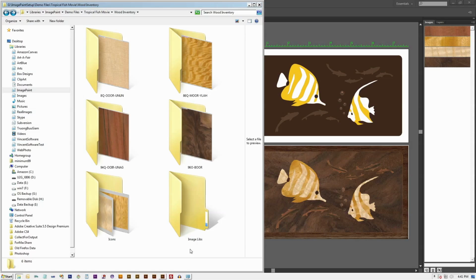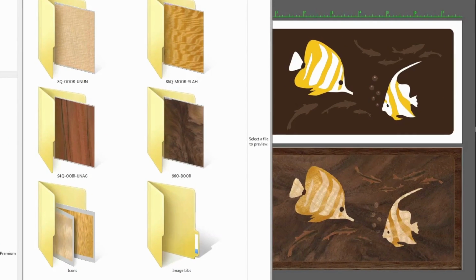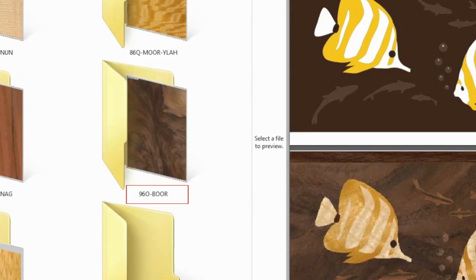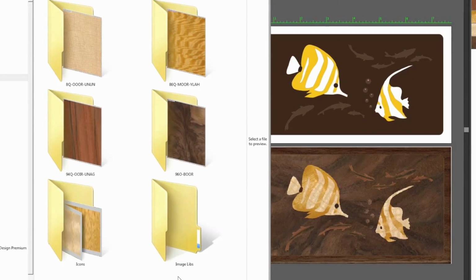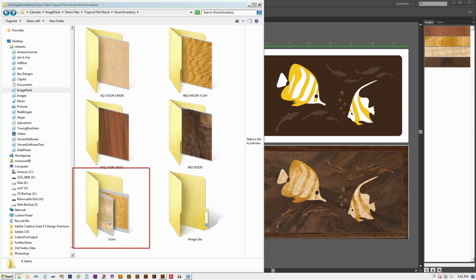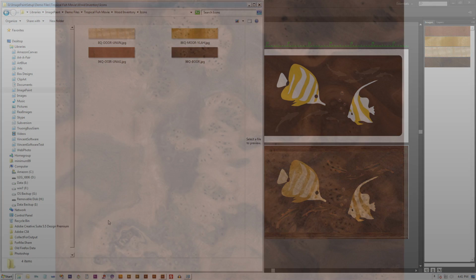As seen here, ImagePaint has created 6 subfolders, with 4 folders to contain the 4 images we just added. ImagePaint creates and names the image subfolder by taking the image name and removing everything after and including the last dash sign, if any. An empty folder called Image Libs, which we will get into later, and a folder called Icons to store the image icons, where each icon represents all images in one of the 4 said folders. These image icons are the same icons we have seen in the image palette earlier.